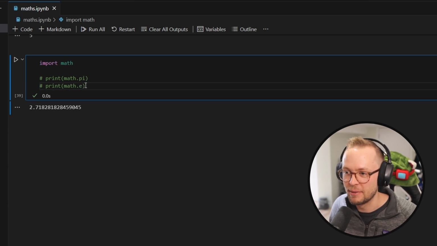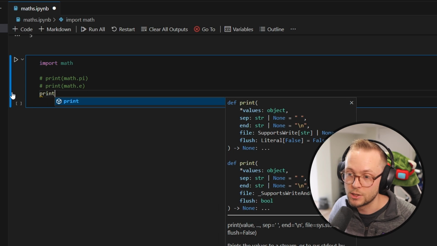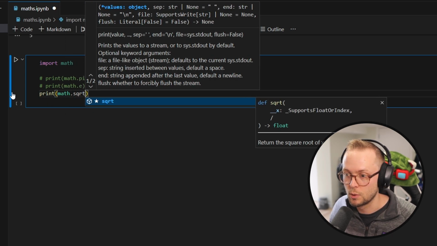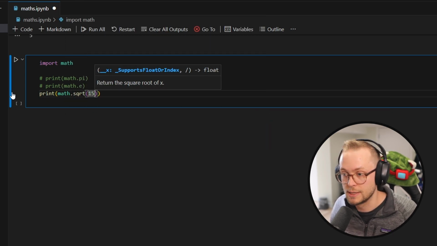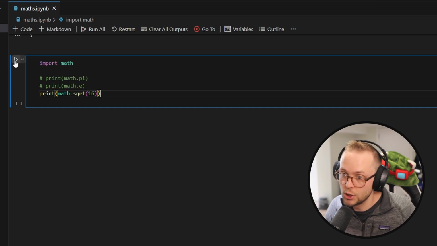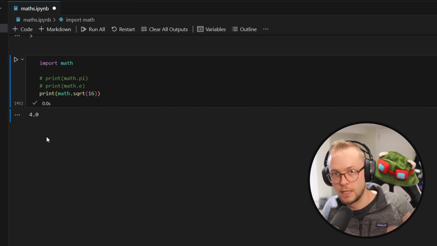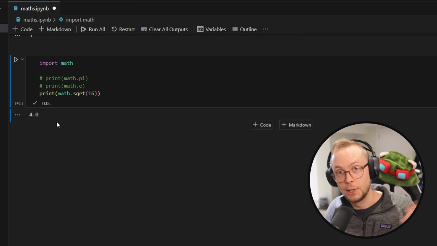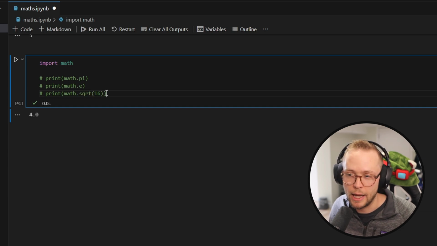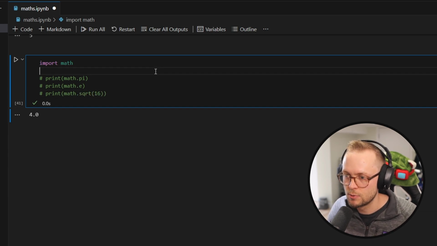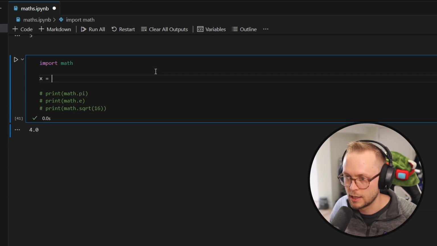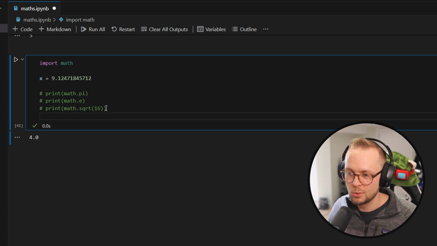So we're going to comment this one out. You can also get the square root of something by doing math.sqrt. So say we do the square root of 16. The square root of 16 should be 4, because 4 times 4 is 16. But there you go. Another couple helpful things is, let's redefine our x here: x equals 9 point a bunch of numbers. And we'll say print